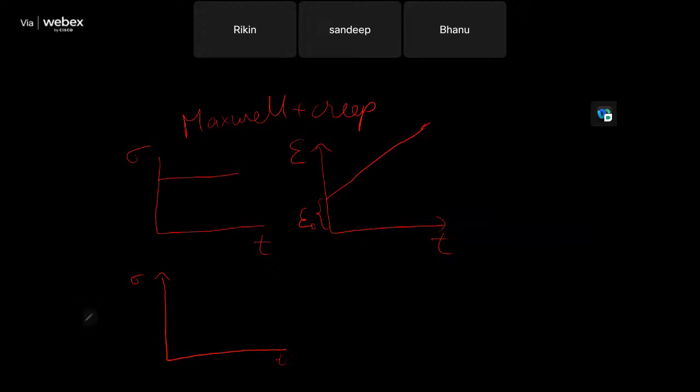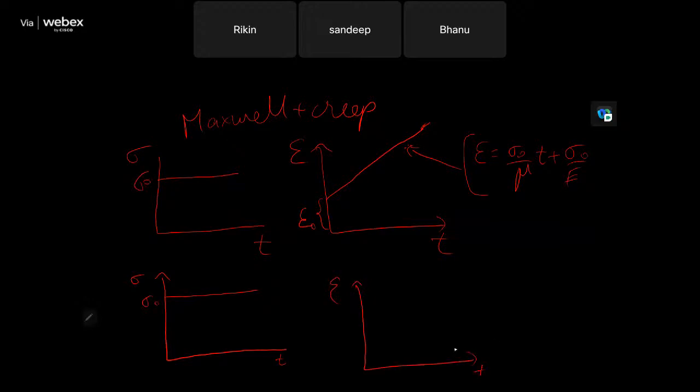Now, if you look at the equation for the Maxwell plus creep model, if I write the strain response equation and you solve this, you get something like this. For those wondering where this line came from, this is the equation of this line. Now for the Kelvin model, we have this constant stress applied, sigma naught, and the strain response will be, if you look at the equation, sigma naught by E into 1 minus e raised to minus t by tau. So if you plot this,